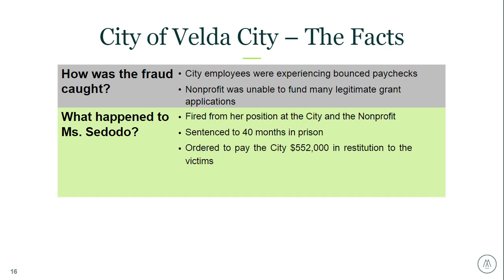And that in turn, of course, allowed her to gain the opportunity to commit fraud. Her finance experience, the fact that she was from the St. Louis area, the fact that she served on a local nonprofit, all helped her to be seen as trustworthy in the city's eyes and in the nonprofit's eyes. And that's very similar to what we typically hear with fraud cases and stats on this stuff. It's never someone you would expect to find in the newspaper. It's always someone you know and trust, someone who has a family, someone with a great reputation.